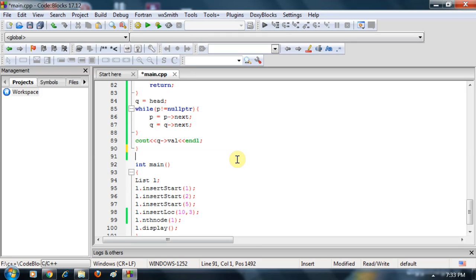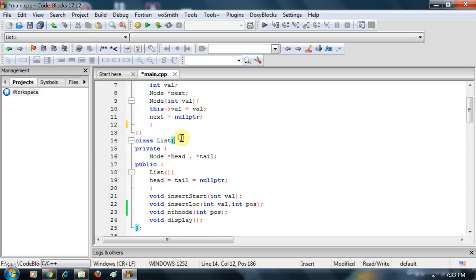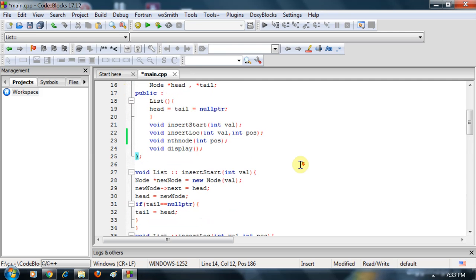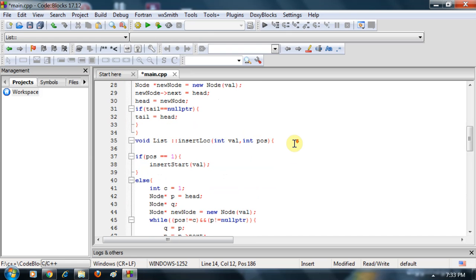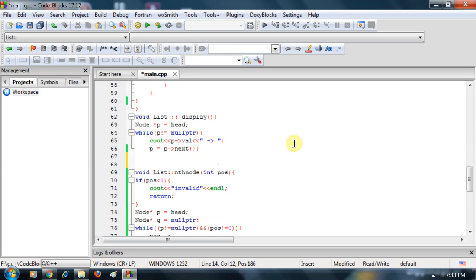You understand what the question is. We have to print the node from the last. So this is our generic template node class of the linked list, and this is the list class. And this is my function, and I will explain to you what I have done.